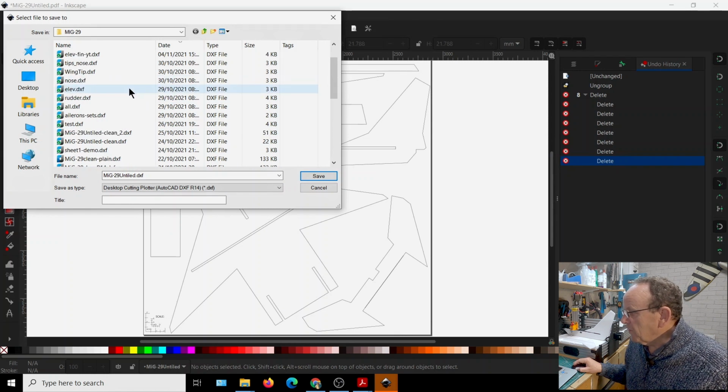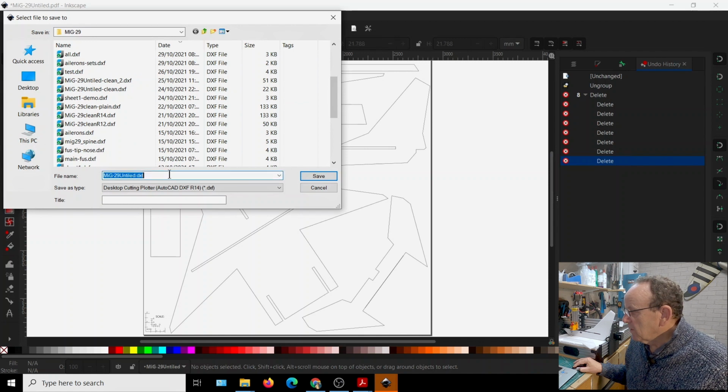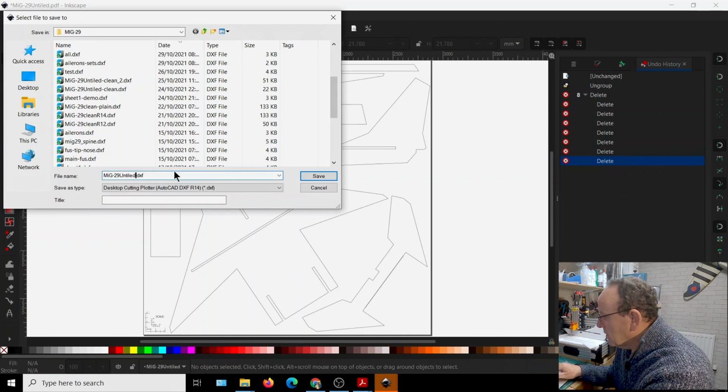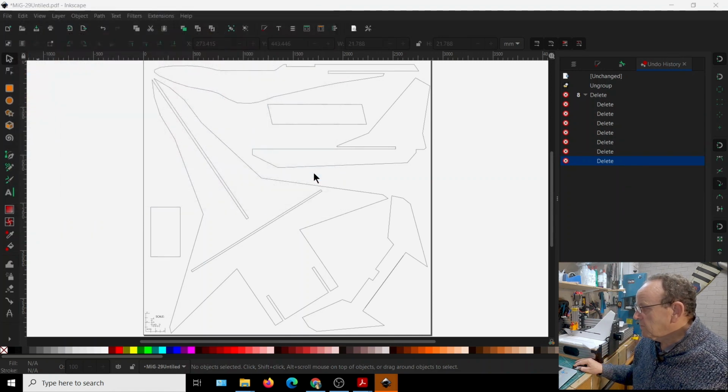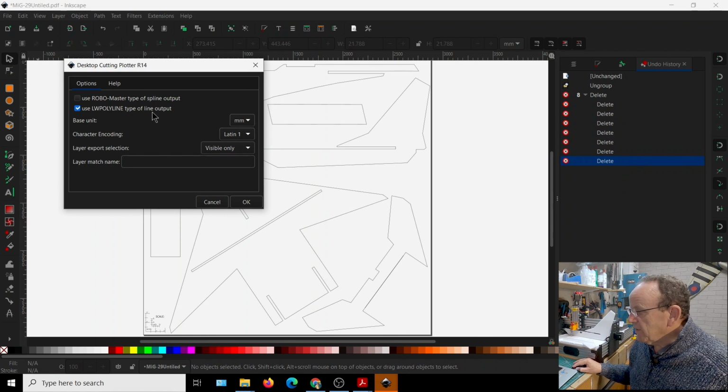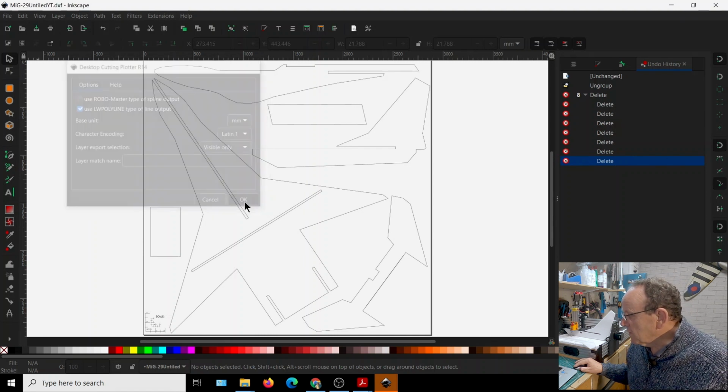Now I've done this quite a few times already, so we just save that, or give it another name if you want. So if we just save that as, I'll just call it YT on the M for YouTube, save that, and then you can see it brings up this dialog box now, and it's got a base unit of millimeters, and I think that's why it scales better in Fusion 360. So if we say OK to that, I think when you do SVG it doesn't have any units in it, or it just has points. So I've tried both ways and I've found the DXF is the best way to do it. So if we do say OK,